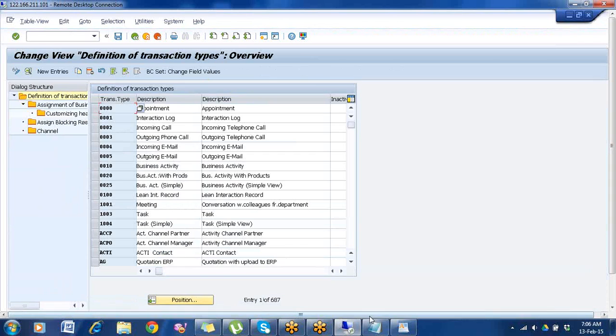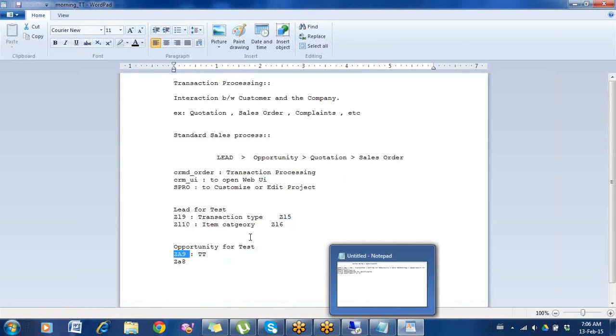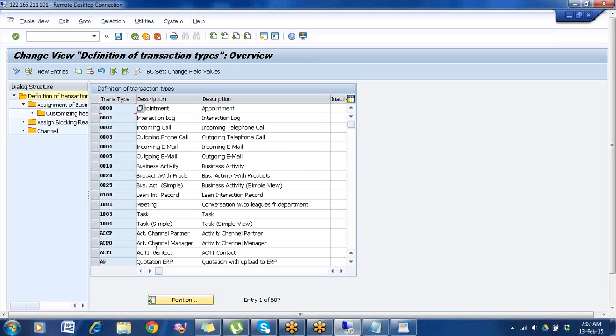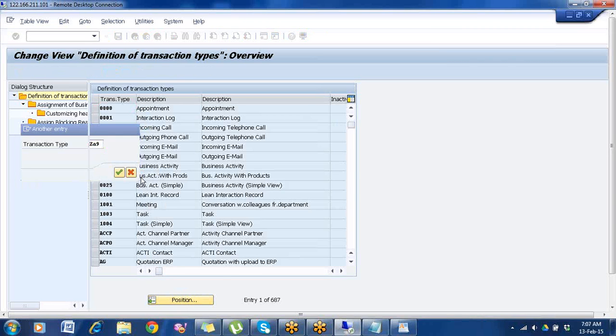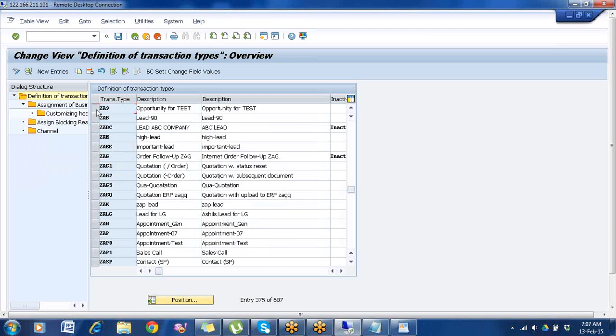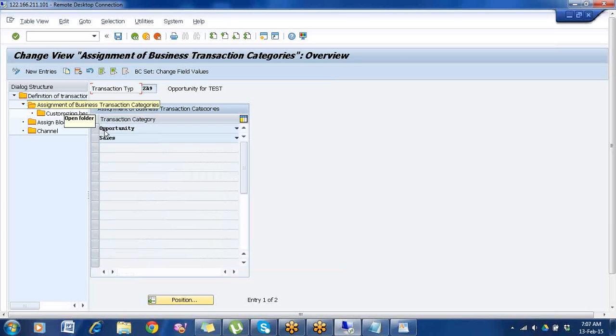What is our transaction type? ZA9, that we have configured already yesterday. Position ZA9. Select it. Double click assignment of business transaction category. Choose opportunity. Double click customizing header.